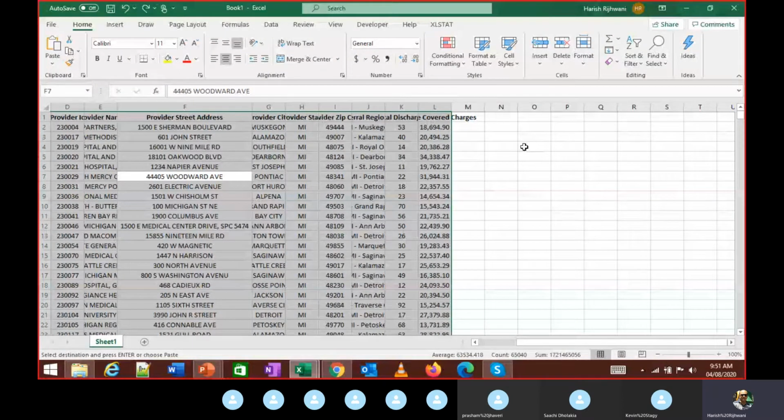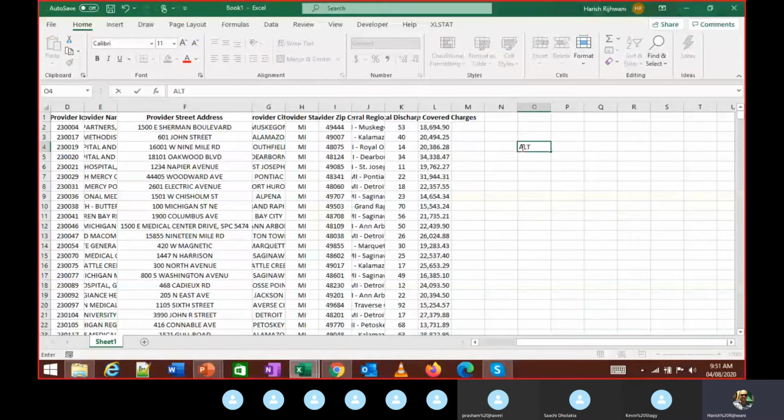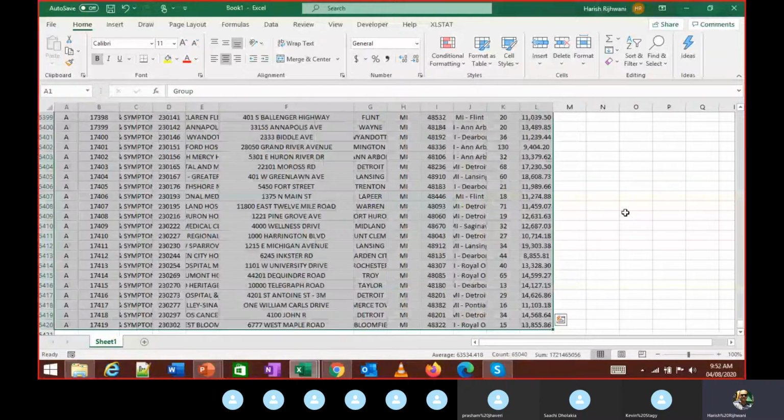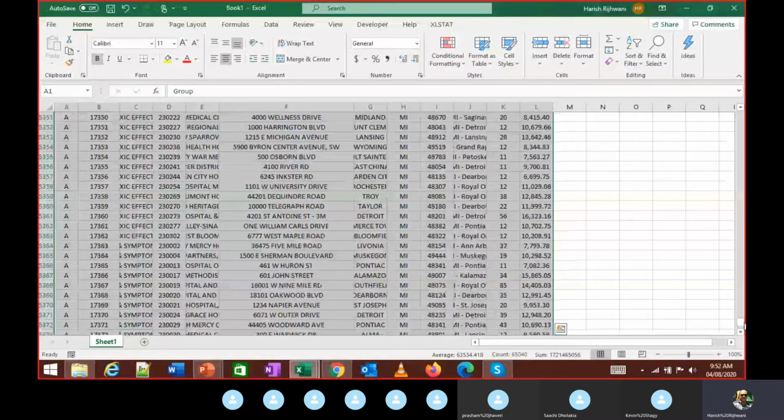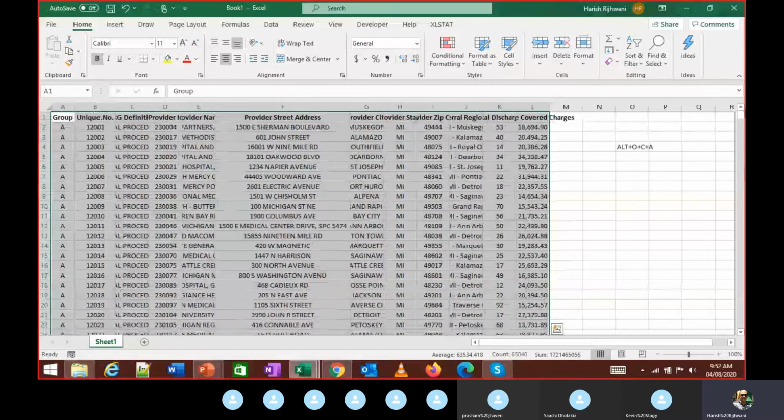I press Alt, then O, then C, then A. You select the data and it becomes auto fit like this.